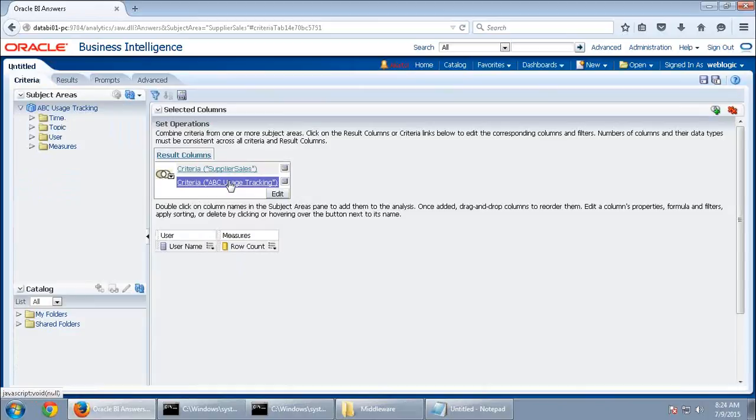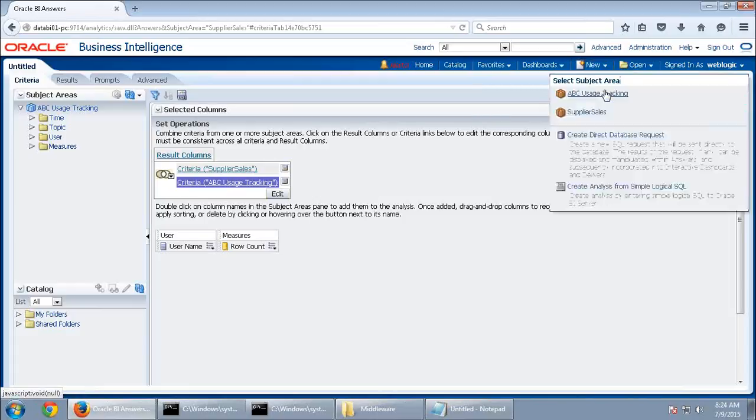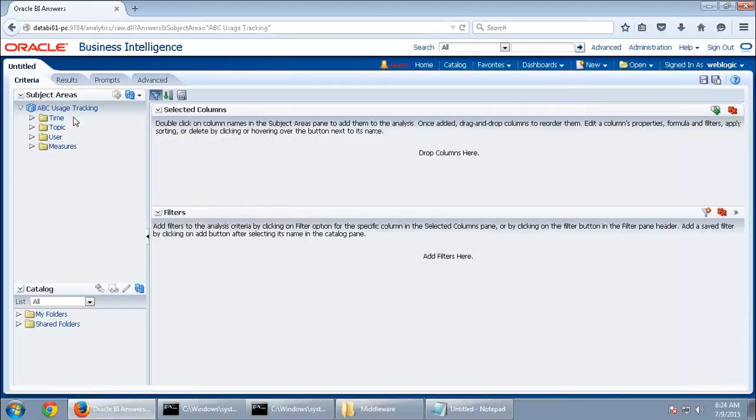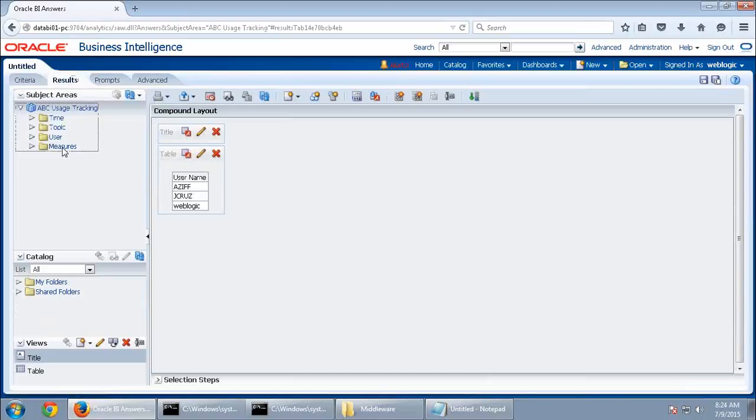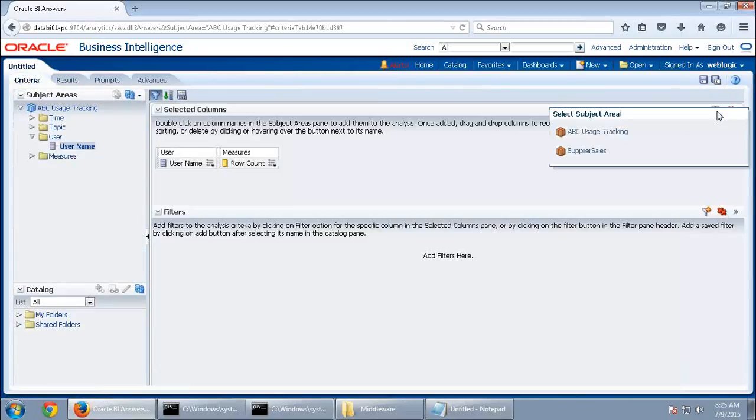ABC usage tracking, what else can I do? I don't have anything in this, don't tell me that. Still, see, this is not throwing any error, right? So this is a proper one. Okay, let us make one more analysis on ABC usage tracking. I don't know if the records have gone. Username, no, it is there. Measures, row count, 21, 13, and 34. Okay, these are there. Okay, this one should be combined.